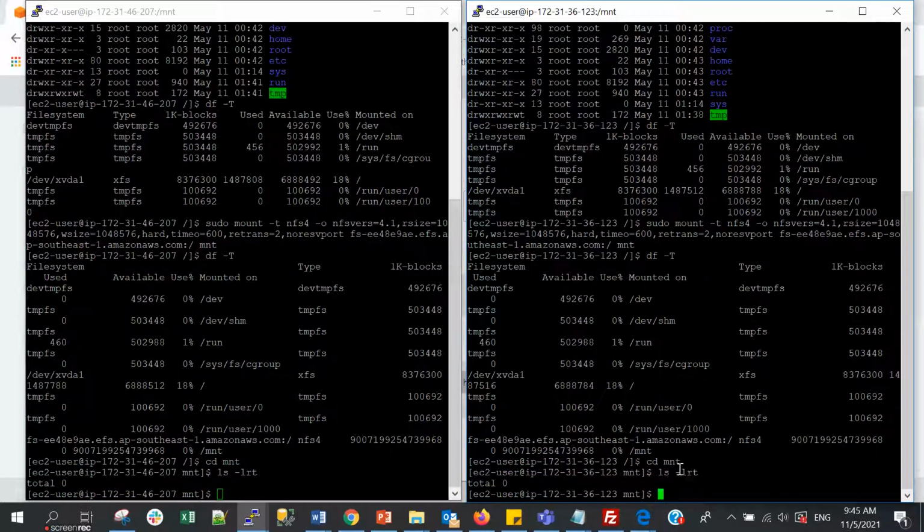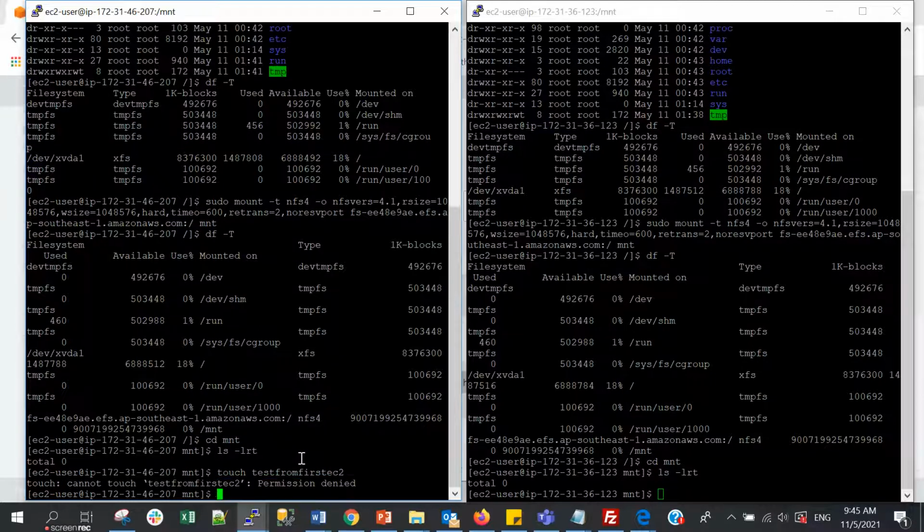Still an empty folder. And then let's test if this EFS is really mounted to both instances. I will create a file here, named test from first EC2. Okay, sorry, we need to use sudo.